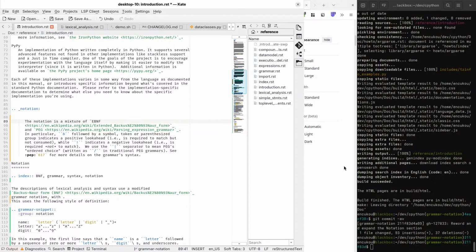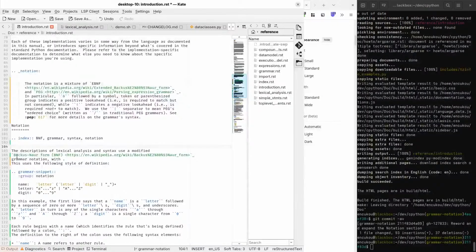Yeah, and we seem to explain the differences, I think. Okay, so modified Backus-Naur form and extended Backus-Naur form are the same thing. So I guess we could say a modified extended Backus-Naur form.